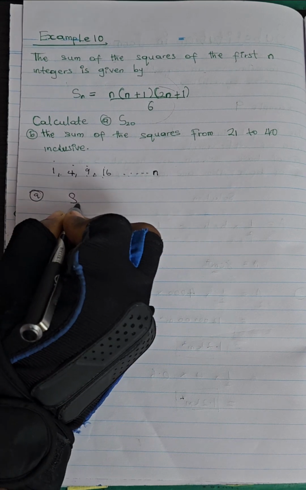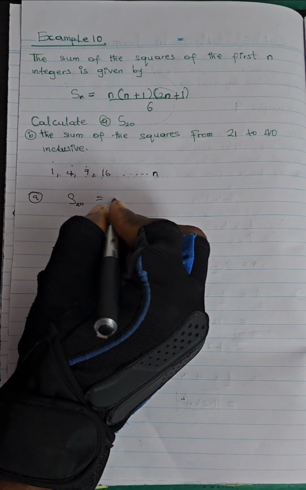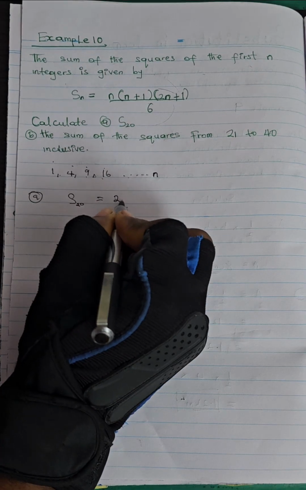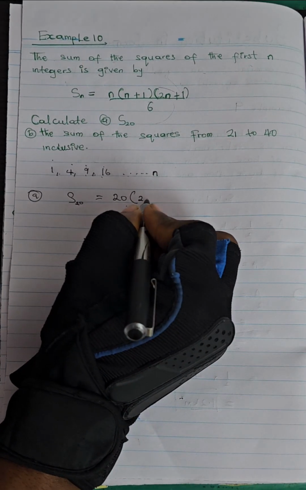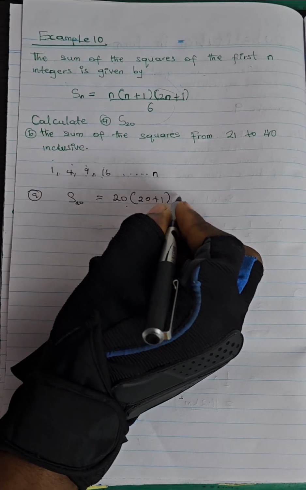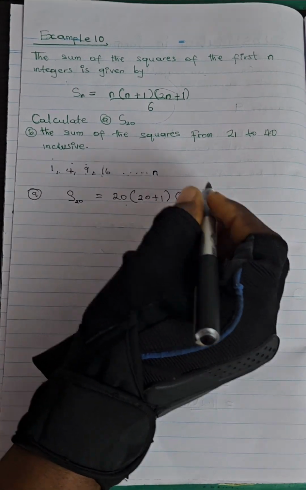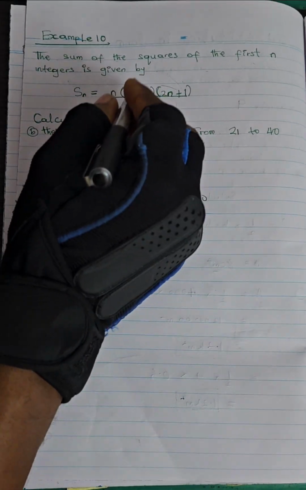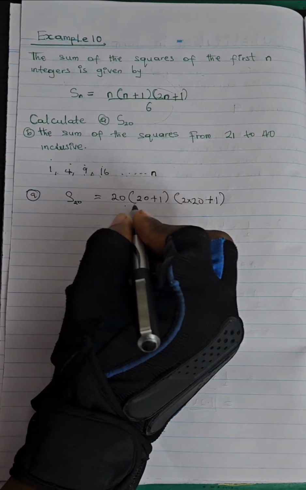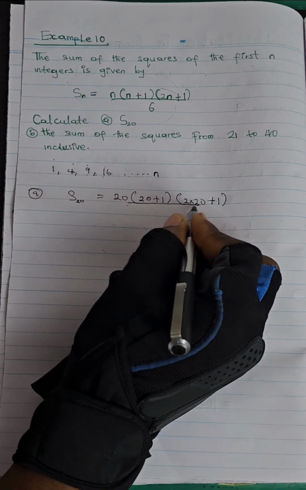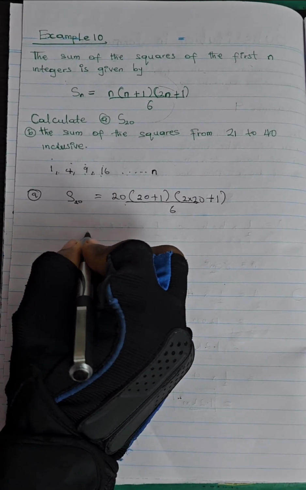We'll turn to S subscript 20, meaning that we are stopping at 20. So we have 20 times bracket 20 plus 1, bracket close. Then you have 2 times 20. I'm putting the 20. Anywhere I see n now, replace it with 20, plus 1, all divided by what? 6. So if I open up this, I'll have